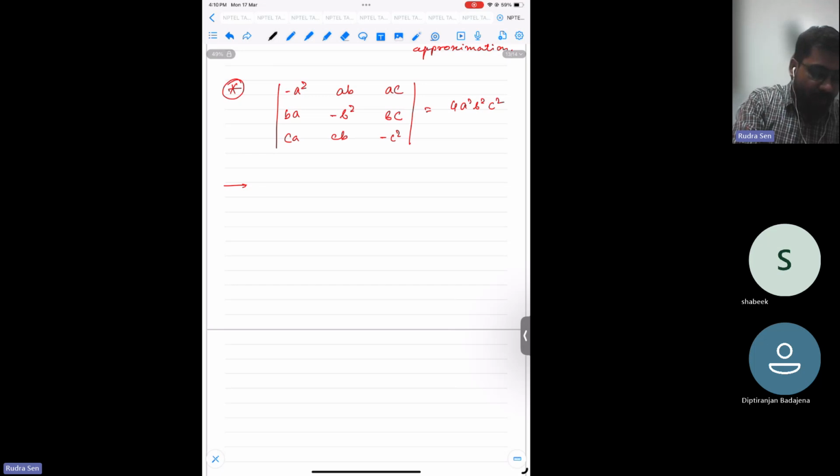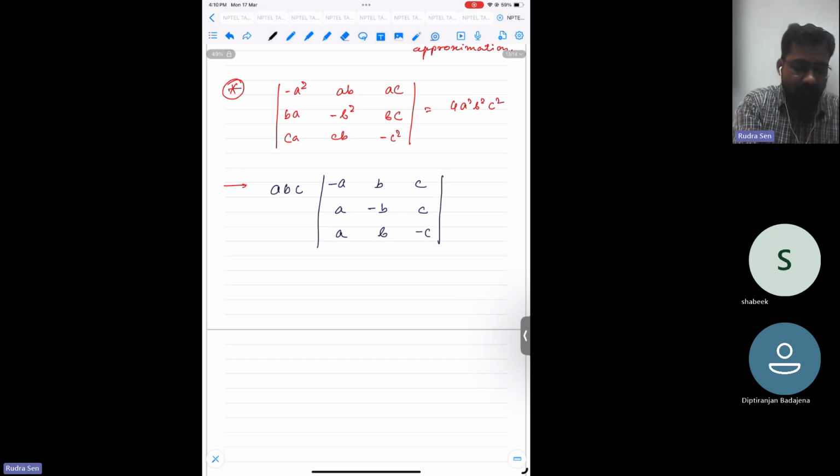So obviously we can take common from row 1, row 2. We can take common A from row 1, B from row 2, C from row 3, and we will get minus A, B, C. This is A minus B, C, and this is A, C, sorry, A, B minus C. So here first I take common A from row 1, B from row 2, and C from